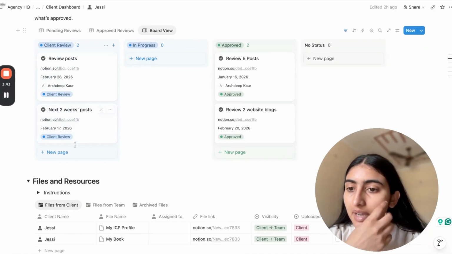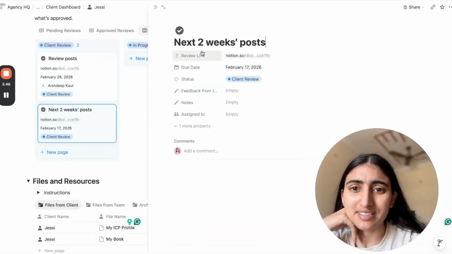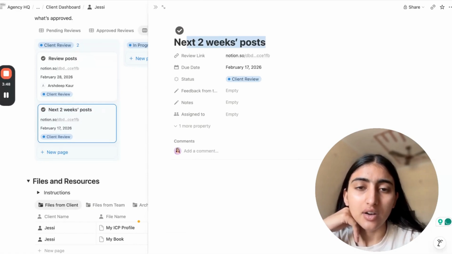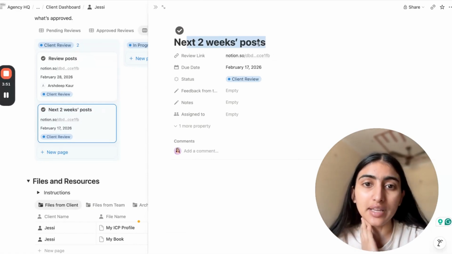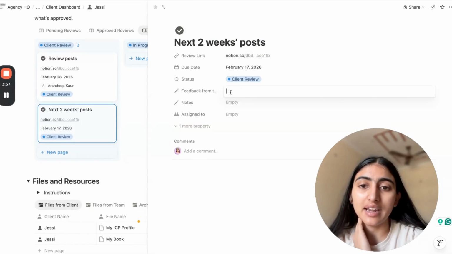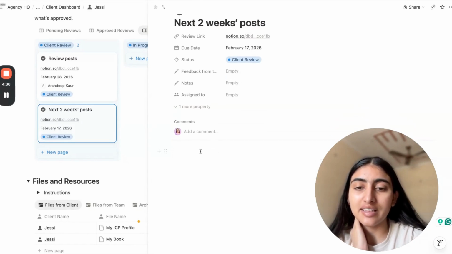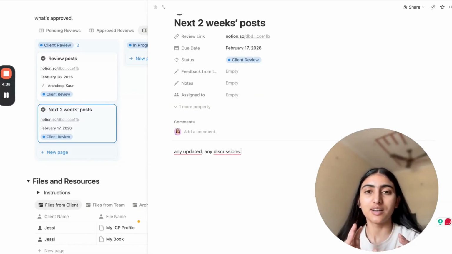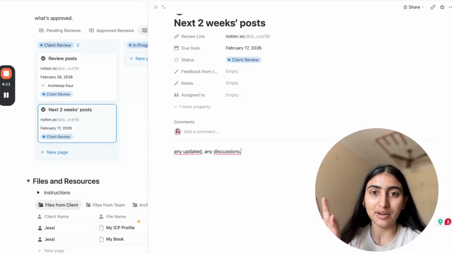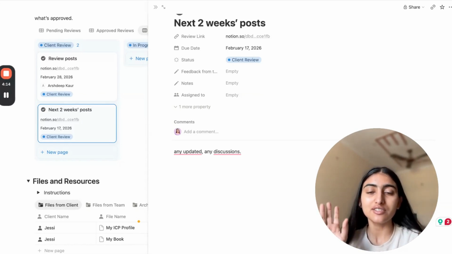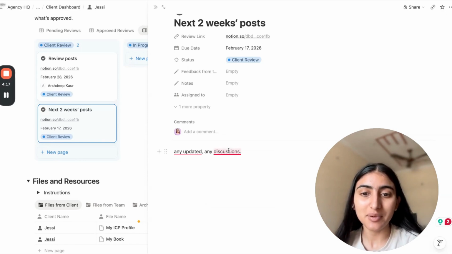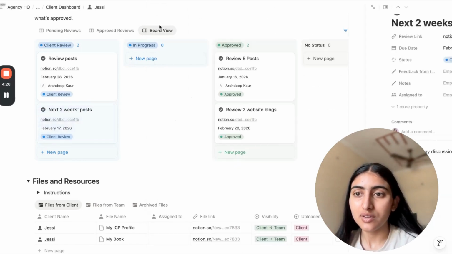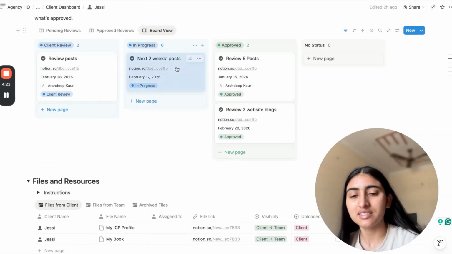Let's say I added, I can showcase this already existing example. So here you can give the title of the deliverable, and here is the review link that your client is going to review, the due date, the status, and feedback. They can add any feedback here, any notes here, and they can directly share any update here as well. Any discussions, instead of tracking the task and deliverables in one place and communicating in Slack. So instead of these dual efforts, everything is in one place. Okay, and now you can directly track all of the status.